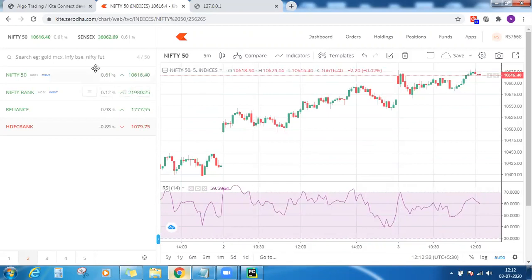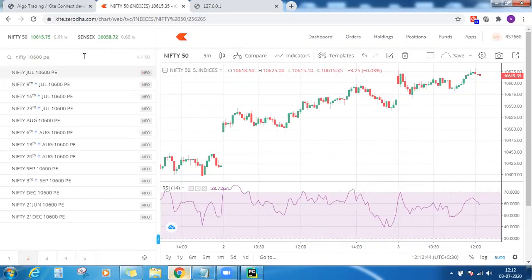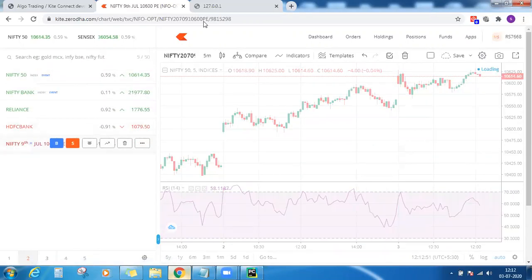So what you will do, the nearest strike price to this is 10,600. So Nifty 10,600 put option of 9th July or of monthly, whichever it is. So I'm choosing 9th July, and this is the token for the same.